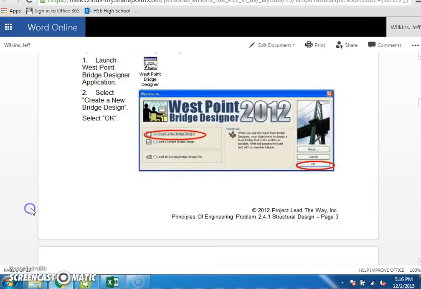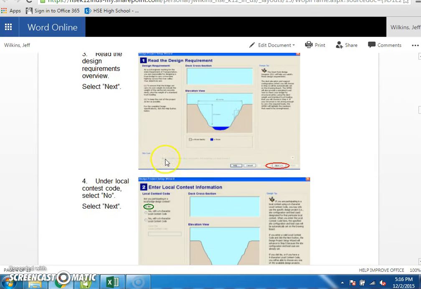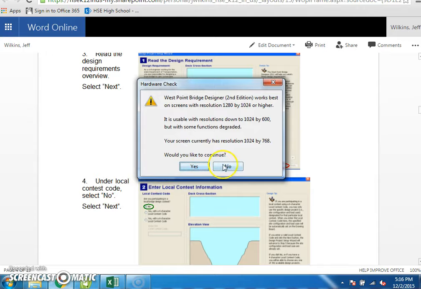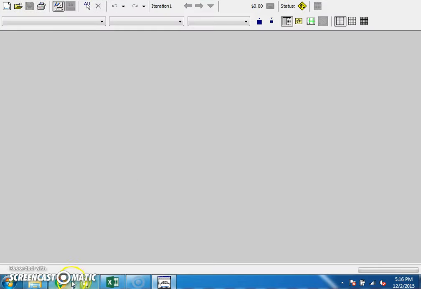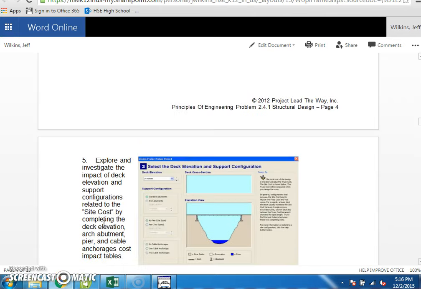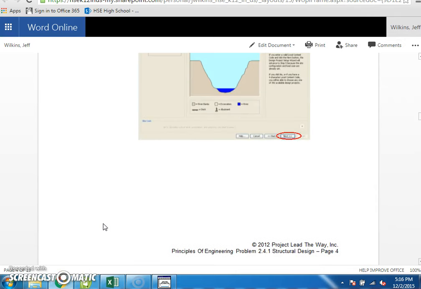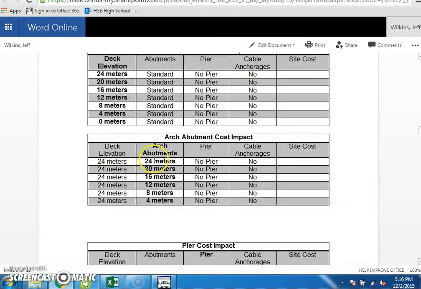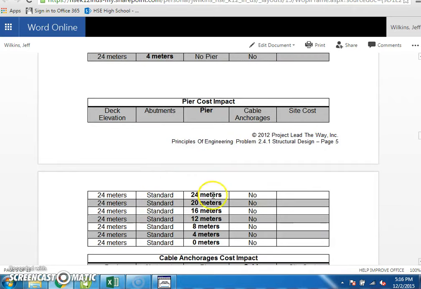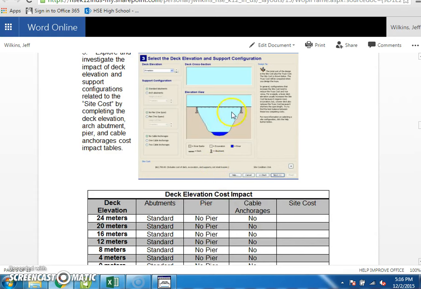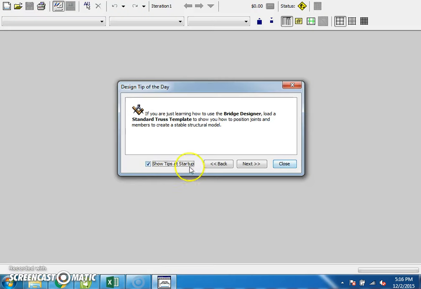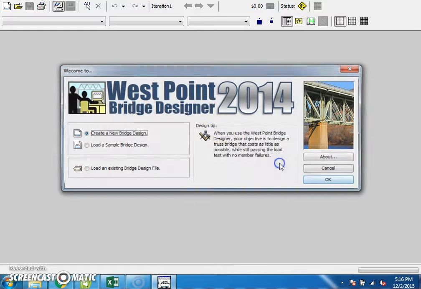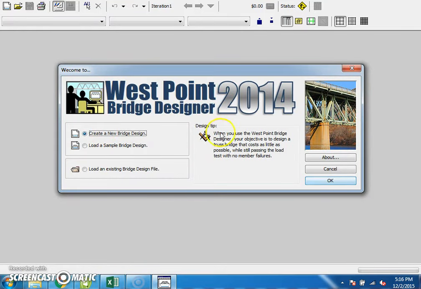We want to open that up, and then we're going to go through this sort of as a tutorial, and we want to fill in some information. So this is going to be an investigation part where we're looking at how does changing the deck elevation or arch abutments, a pier, cable anchorages, how does that affect the starting cost of your bridge? So if we go into the West Point Bridge Builder, you can hit close on that if it shows up. We're going to create a new bridge design,